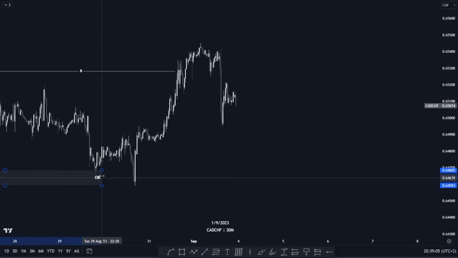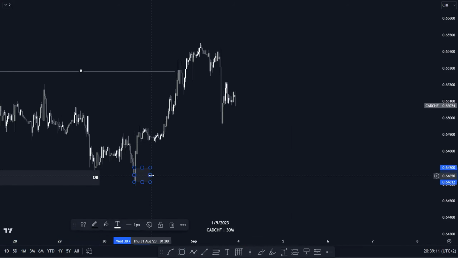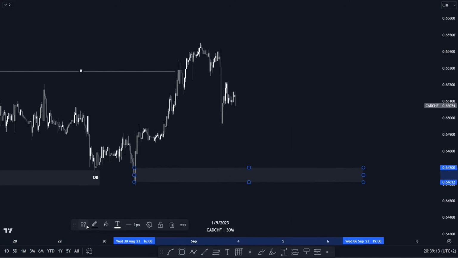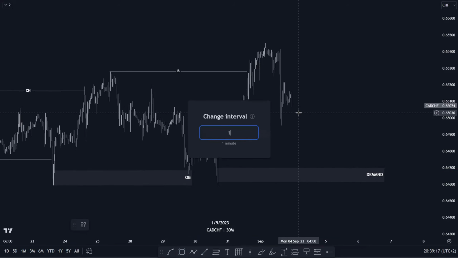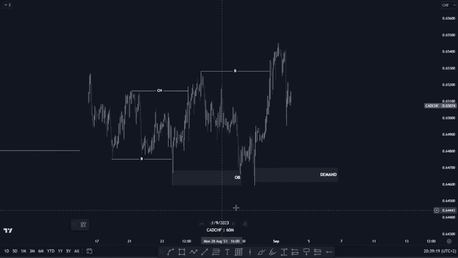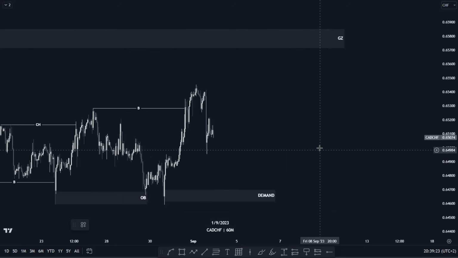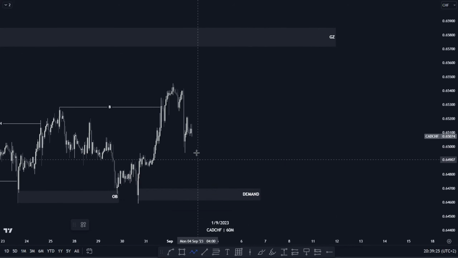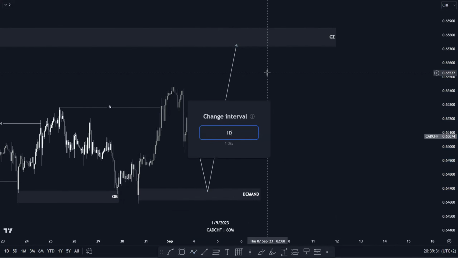As you can see here, we have this beautiful demand area that needs to be mitigated. So now I'll be looking for price to push to the downside, mitigate our demand area, push to the upside to our